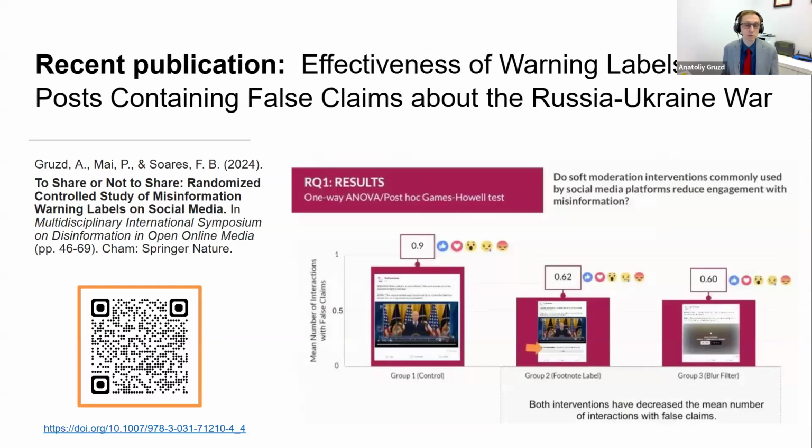Since we discovered that people are exposed to this type of false and misleading claims about the Russia-Ukraine war, and the exposure correlates with beliefs, what can we do about it? So we've been conducting an interventional study. That's another type of study we do, where we've been testing fact-checking labels on social media posts. Many platforms have been testing them out, but to what extent are they actually effective in reducing the engagement with false